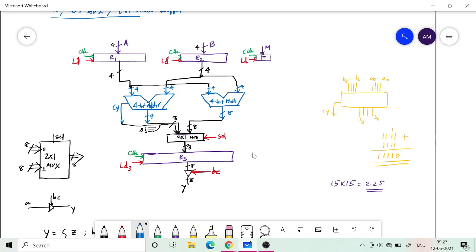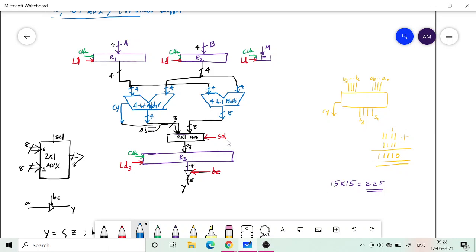If the controller is generating a signal, for example the select input, it will decide what is going to be loaded into R3, whether it is the sum or the product.